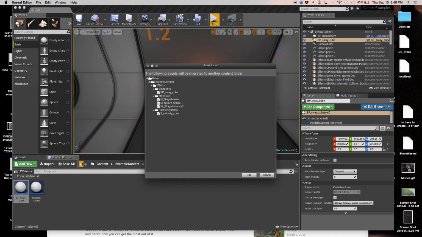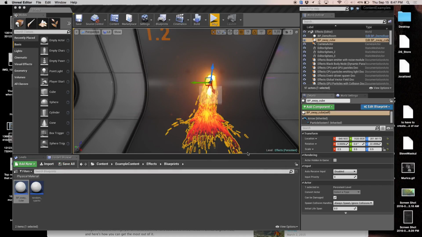Now I showed you how to find that project I just created before. This is all the things it's going to take with it. It's going to take a couple of materials, the actual particle system itself, and then the interactivity of it rotating around. It grabs everything that's connected to it and takes it with itself. So it'll be completely connected and linked to all the assets it needs to run. This could be done for entire games, entire levels, entire characters. If you migrate it, it'll pull everything with it. It's a really great way of navigating, getting assets.